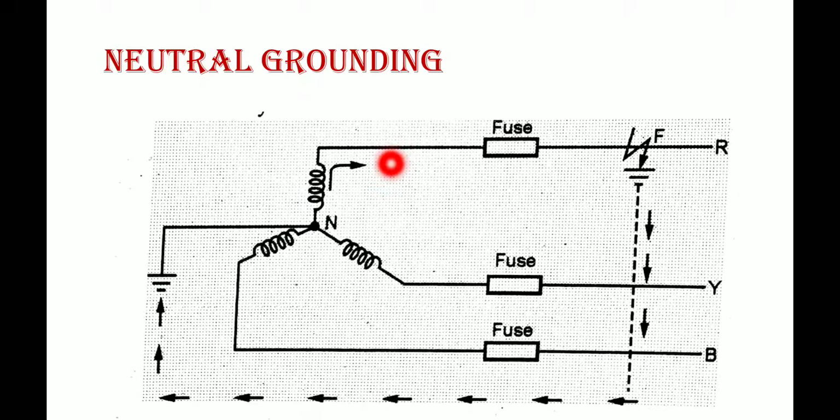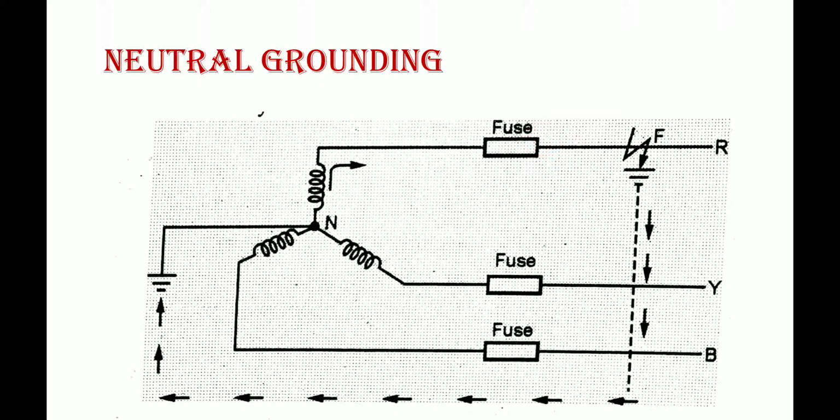the current path is completed through the earthed neutral as well as the protective devices. The protective device we use here, for example a fuse, is connected on the three phases of the system. Getting my point? This protective device operates to isolate the faulty conductor from the rest of the system itself.